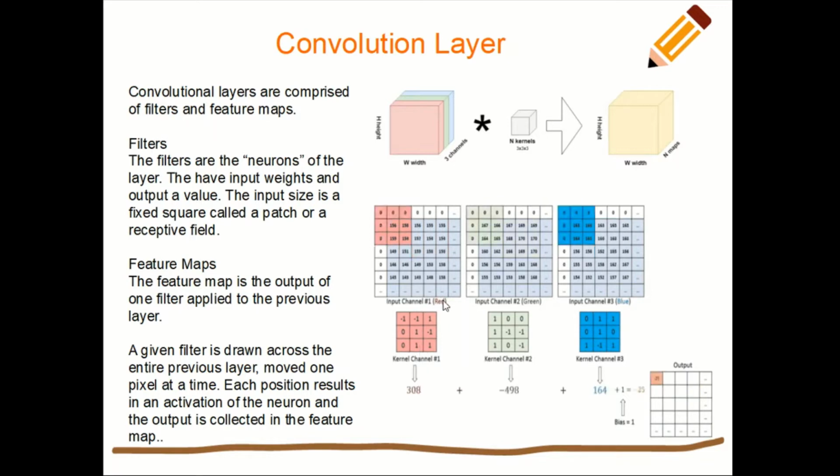So this is a feature map for this particular layer. So we have a colored image, with red, green and blue channels, and then we are moving these filters, and we are getting these activations here. Obviously the size of this particular matrix depends on how we move the filter. For example, if we move this filter one step at a time versus two steps at a time, then we are going to get a different output, right? And we'll come to that in the next slide, the concept of strides and padding.